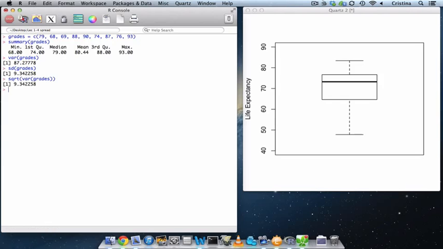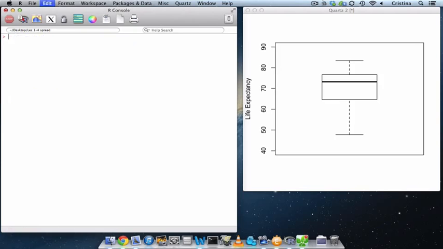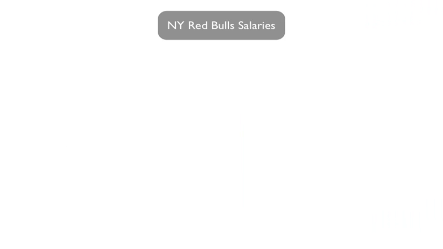Sometimes it is helpful to carry more decimal places, but you might have noticed that all of Jeff's answers are rounded to 1 decimal place. We can of course do this in R as well with the round command, specifying that we would like to keep 1 decimal place. In Jeff's final example, he considers again the salaries of the New York Red Bulls and